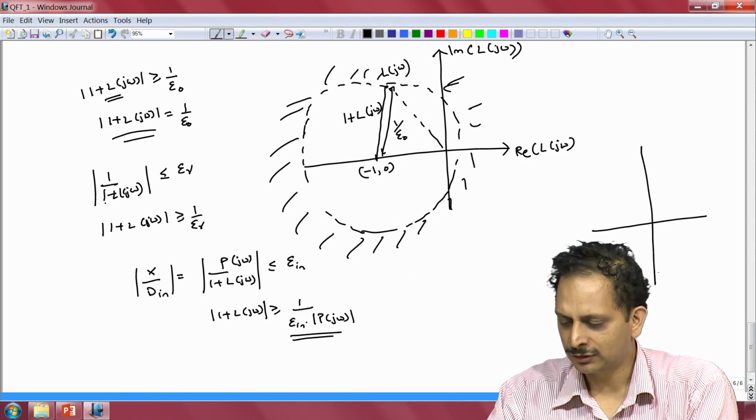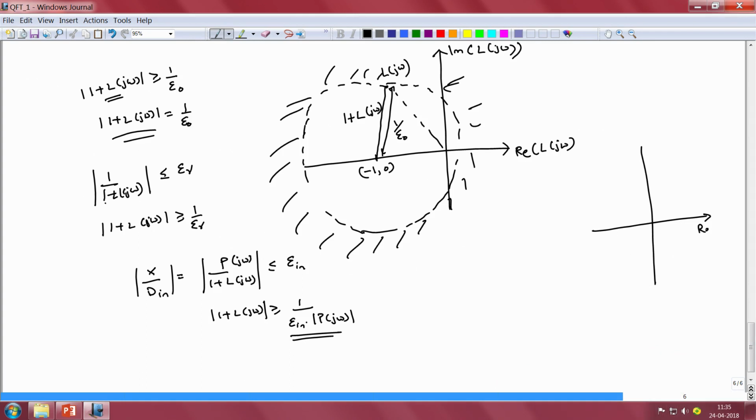I am drawing the Nyquist plane here, which is the real part of L versus the imaginary part of L, and the critical point -1, 0 is located here. If the Nyquist plot of the loop gain just passes through the point -1, 0, then our closed loop system is on the threshold of instability. So, at this frequency, which I shall call the gain crossover frequency omega gc, we would have the magnitude of L equal to 1, because it is passing through the point -1, 0, and the phase of L will be equal to -pi radians.